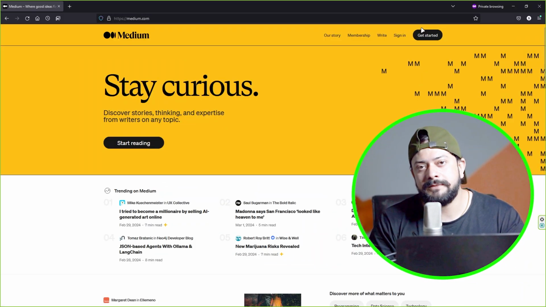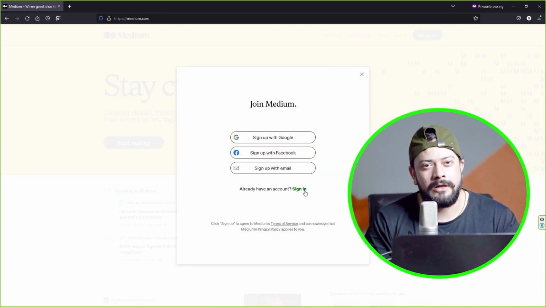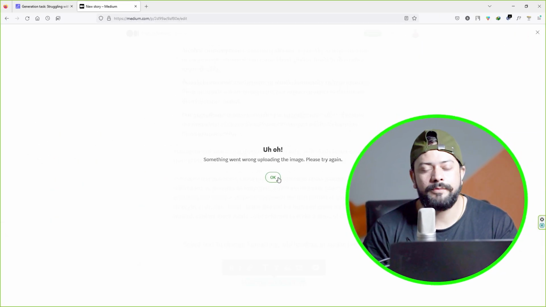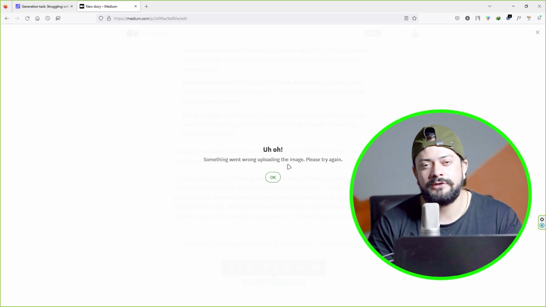Now go to medium.com, create an account and log in. Now click on the write button and paste your article there. I can copy paste images and videos directly to medium.com. However, if you want to include them, add them manually. Now once you copy paste your entire article to medium.com, now add your